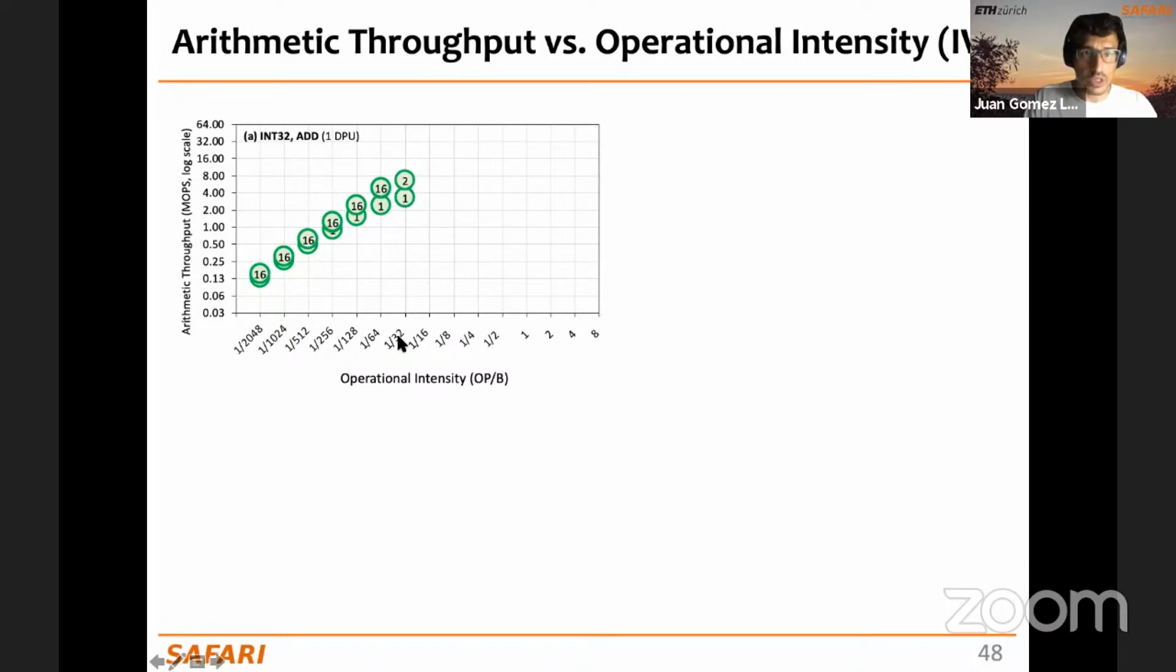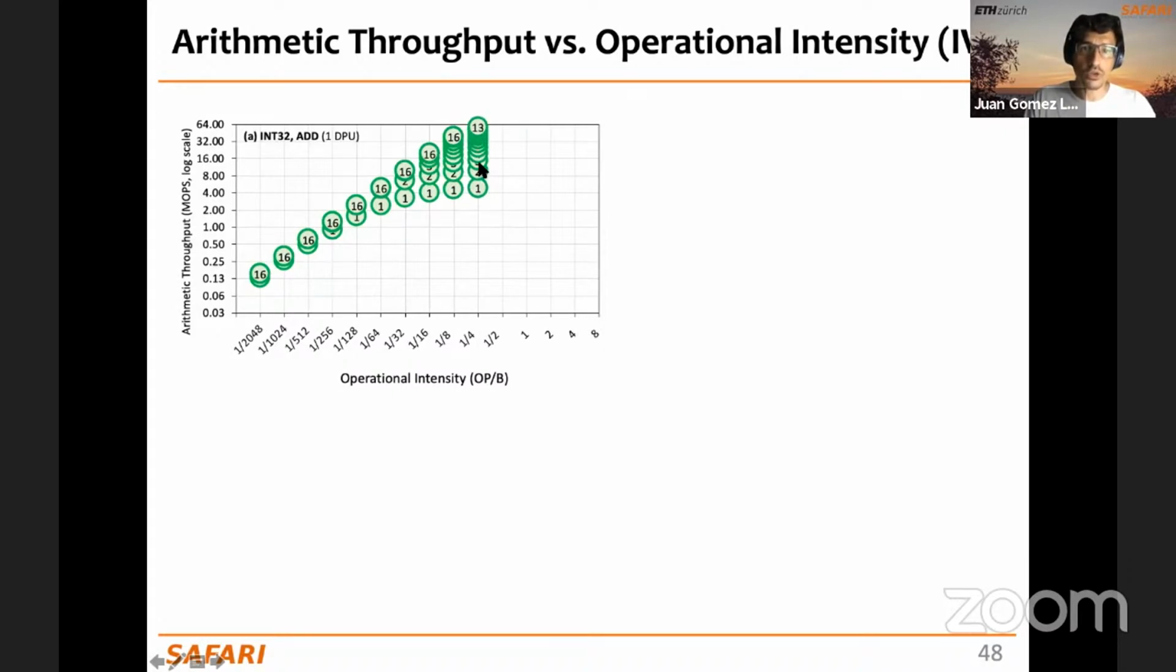And here you see that this is 1/32. And here we see that the saturation happens at 3 tasklets. And then the maximum arithmetic throughput remains constant for a higher number of tasklets. And we see that for higher operational intensity, the saturation point is at a higher number of tasklets, but at some point it saturates. And then for 1/4,